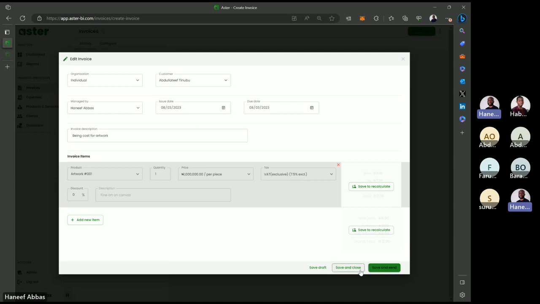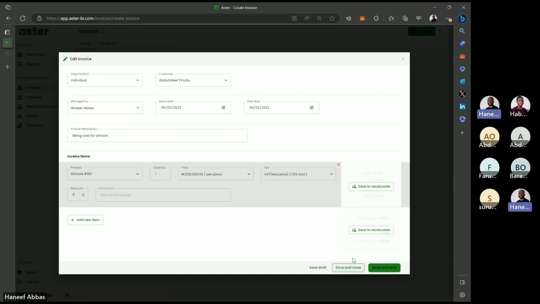of the screen, you have 3 options. The first option is to save draft, right? And you only use this option if you're not ready to finalize the invoice. Maybe you need to edit some information. The second option is you save and close. Now, save and close records the invoice as done. But because you don't have an email, you can't say save and send because there's no email address to send